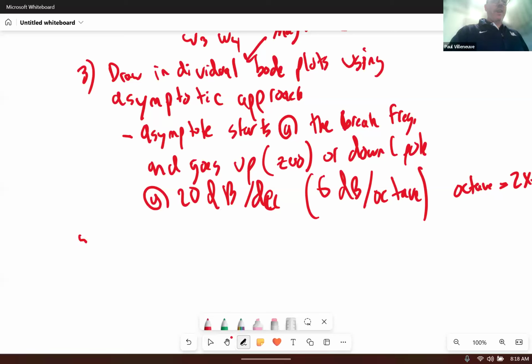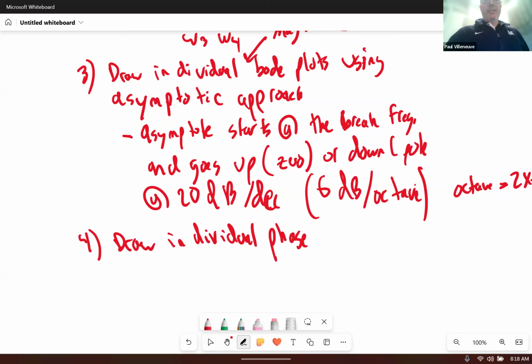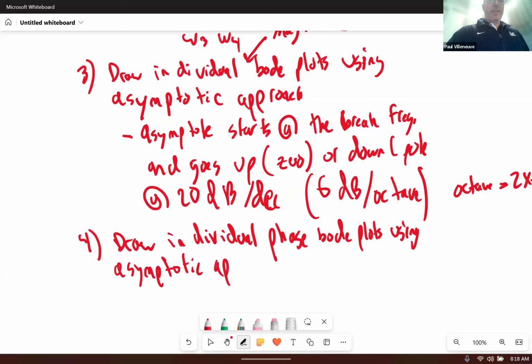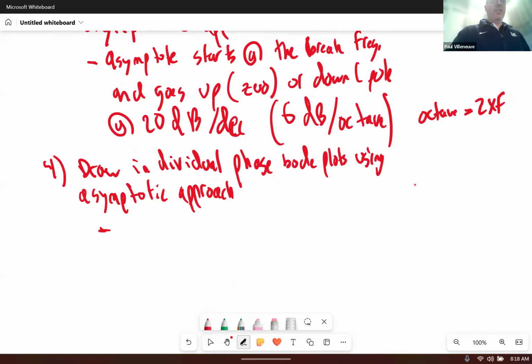And then once you have that, draw individual phase Bode plots using the asymptotic approach. And this is a little bit different. So sometimes it's a little harder to do. I think it's a little harder to do the phase plots, but the asymptote